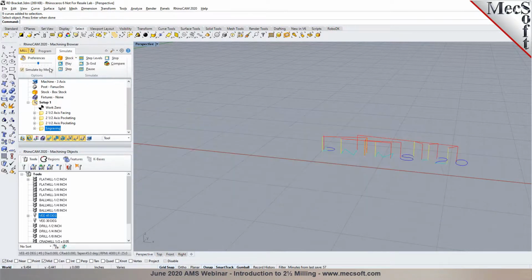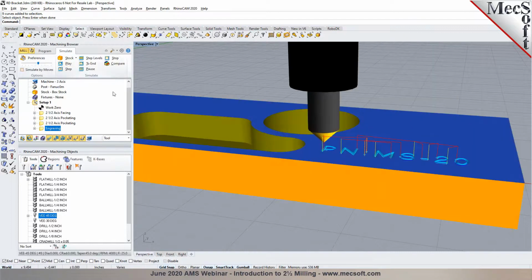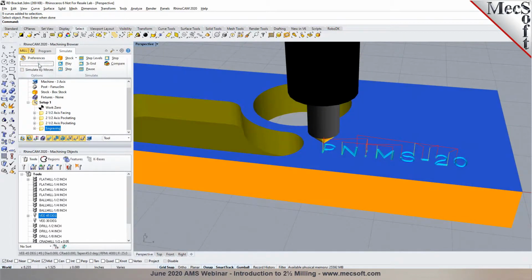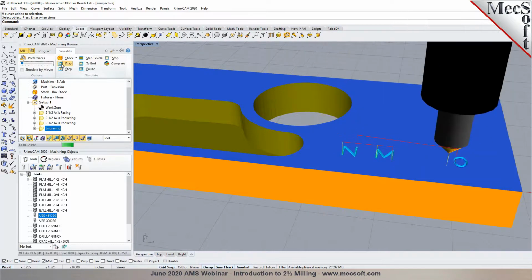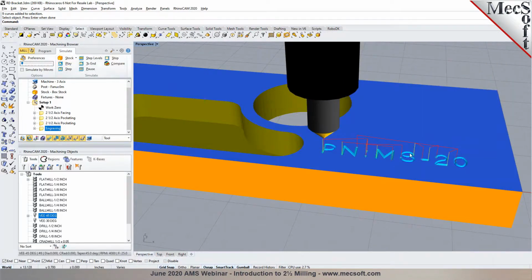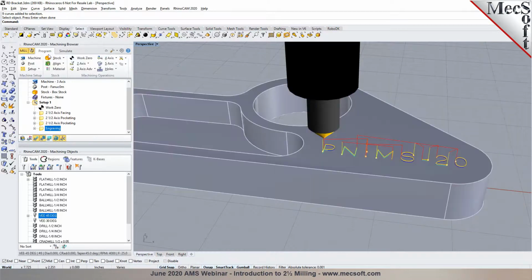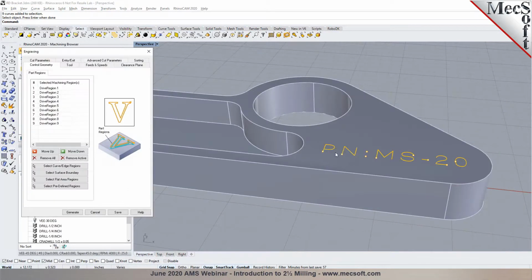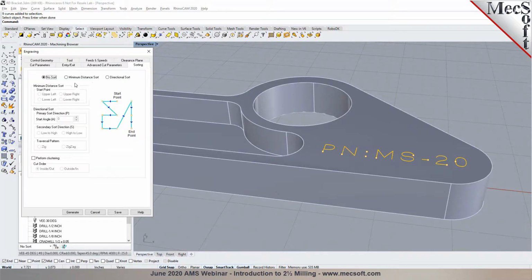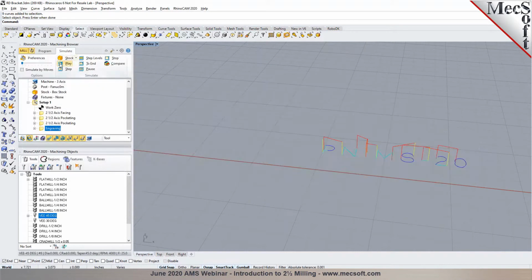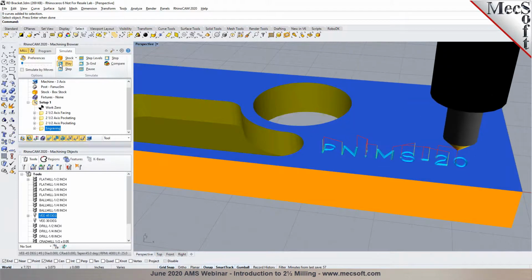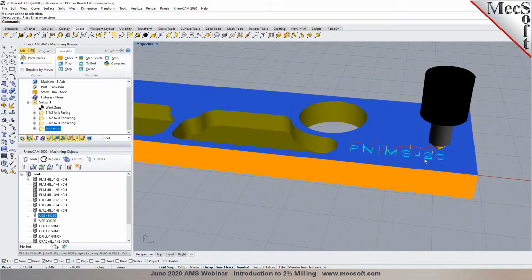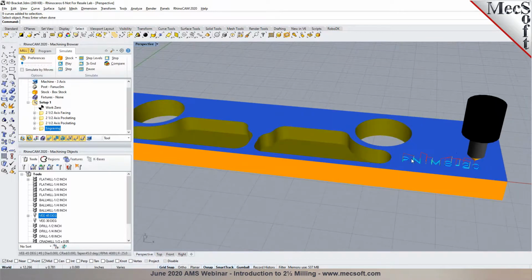So let's go to the simulate tab. We'll pick play to run the simulation. So you'll notice that as it's simulating, it's cutting in a random order. So the sequence is basically the order in which you selected them. Now you can change that by going back to the sorting tab, and you can sort them to go in a minimum distance sort, starting from lower left corner. So it resequences it based on minimum distance to make it more efficient,